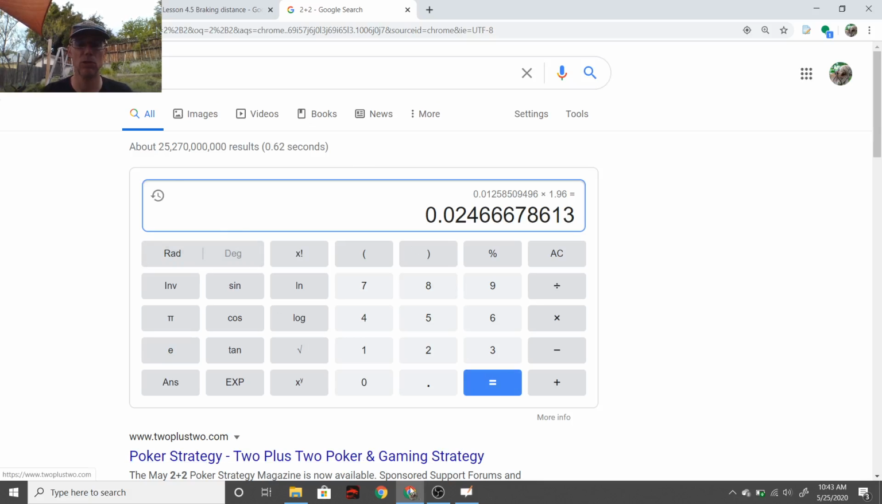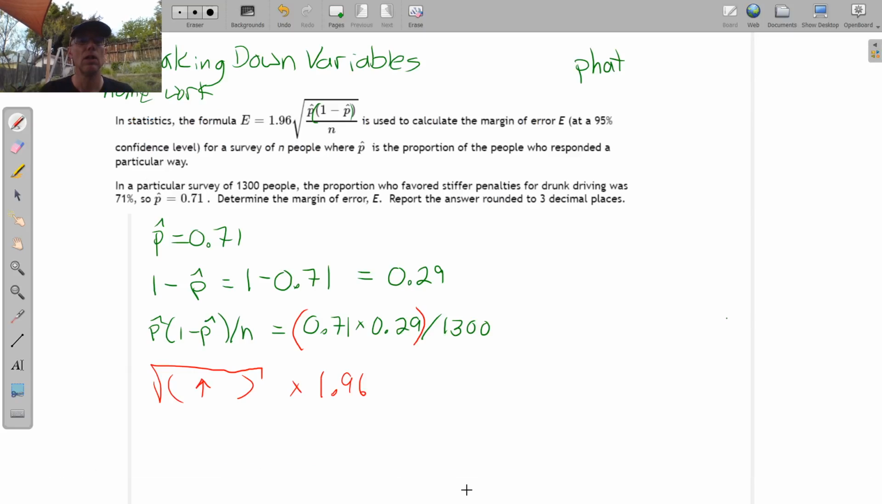How many decimal places were I asked for? 3 decimal places, yeah. So I think that the result of doing all this is about 0.025 to 3 decimal places. I could try to do this all in one shot on my calculator, in which case I would take